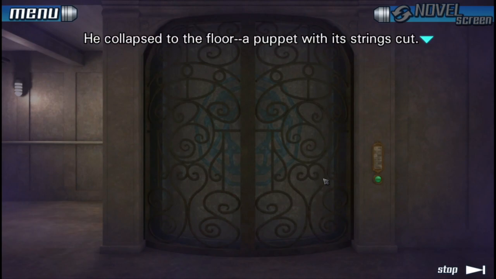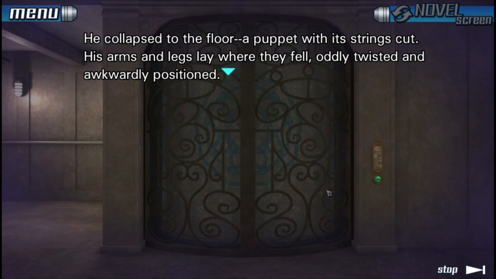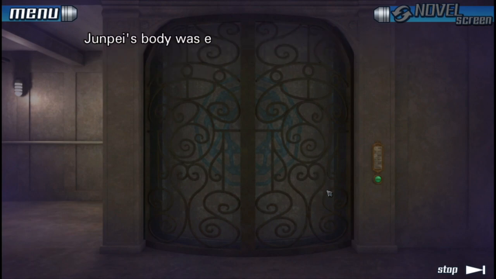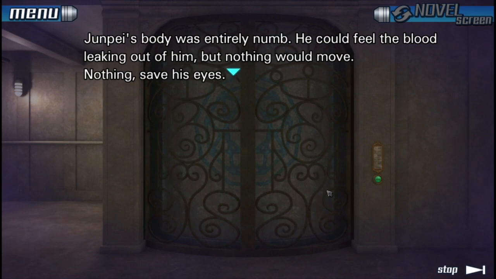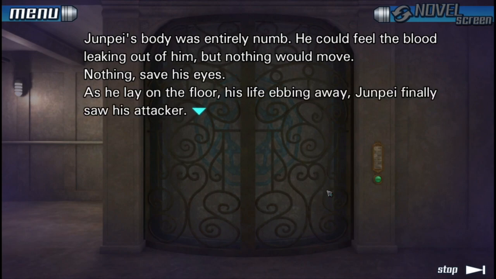He collapsed to the floor, a puppet with its strings cut. His arms and legs lay where they fell, oddly twisted and awkwardly positioned. Junpei's body was entirely numb. He could feel the blood leaking out of him, but nothing would move. Nothing, save his eyes. As he lay on the floor,